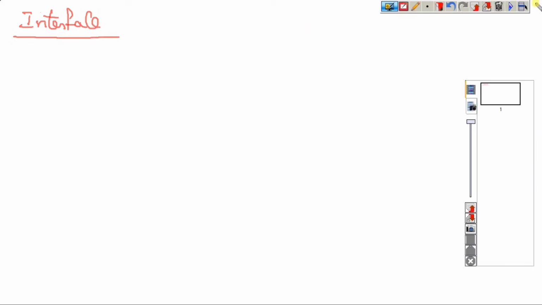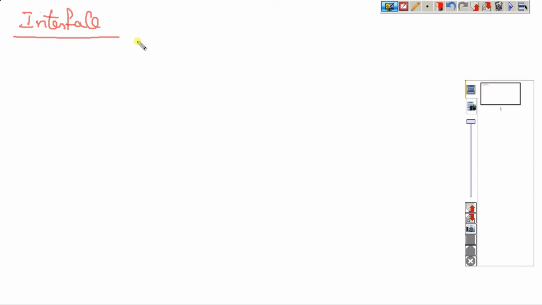So what is an interface? It is a set of rules defined by us. It has so many methods but no logic. Those methods we can implement into some other classes. This is what we call an interface.